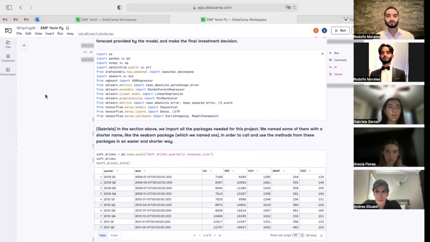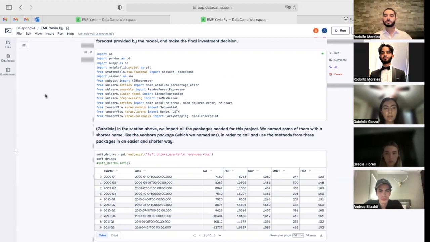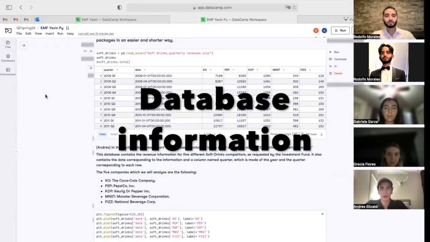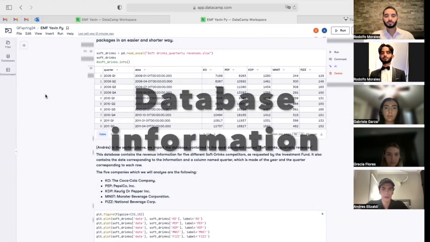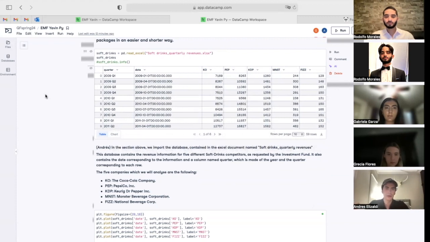So first off, to be able to create our financial model using the Python programming language, we need to import all of the libraries that are necessary for us to conduct our project. As we can see, we abbreviated some of the packages, so it's easier to identify and use later on when we're programming. In the section above, we import the database that contains different year status from all the quarterly companies that we are